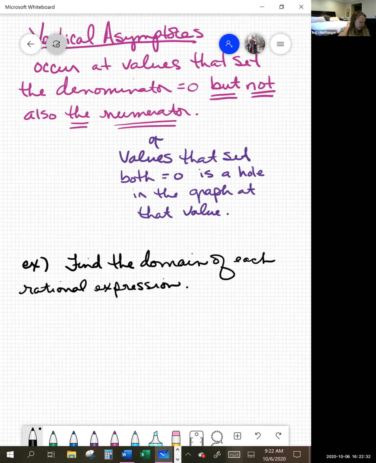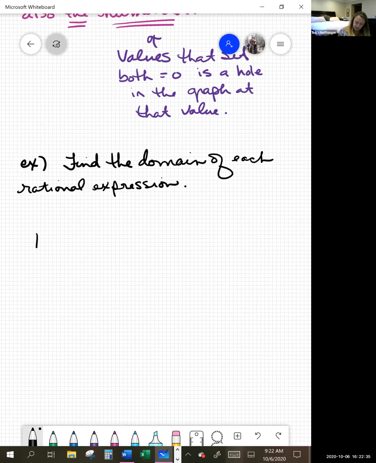So let's say you had r of x equal to x all over x to the fourth minus 1. Okay, so domain, again, are all real numbers that we can plug into a function and get back a real number. And so the only problem we're going to have is when we have values which set this denominator equal to 0. And so we need to exclude